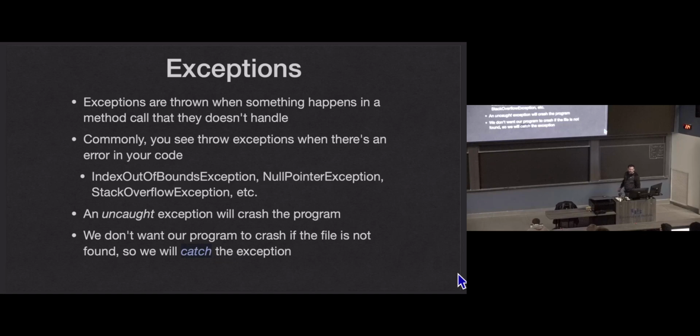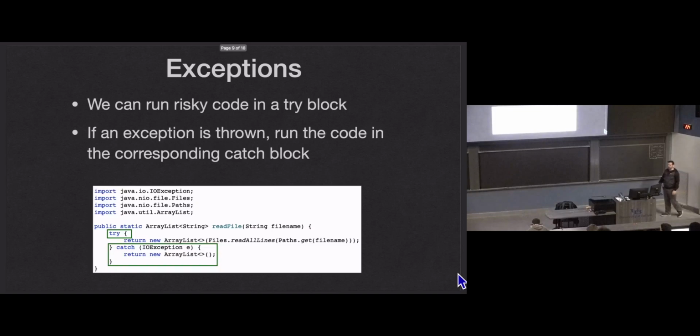So if we don't want the program to crash, we're going to catch that exception. We're going to do that like this. In fact, if we just write this line of code, the IO exception and several other exceptions, but IO exception, which is what this is going to throw if the file doesn't exist, Java will not let you write that code without handling the exception one way or another. We're going to use a try-catch block. Without this try-catch block, the code actually wouldn't compile. So the code we've seen so far doesn't even work. We need this try-catch here.